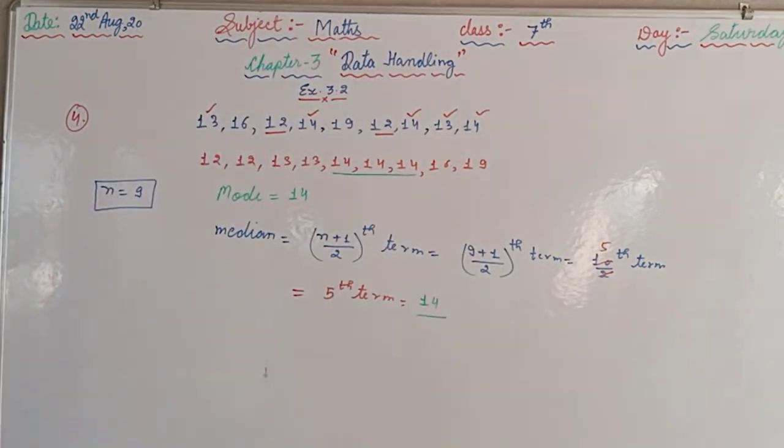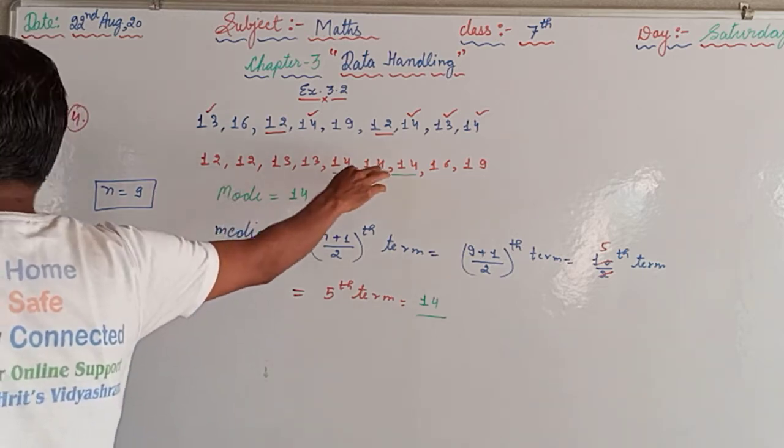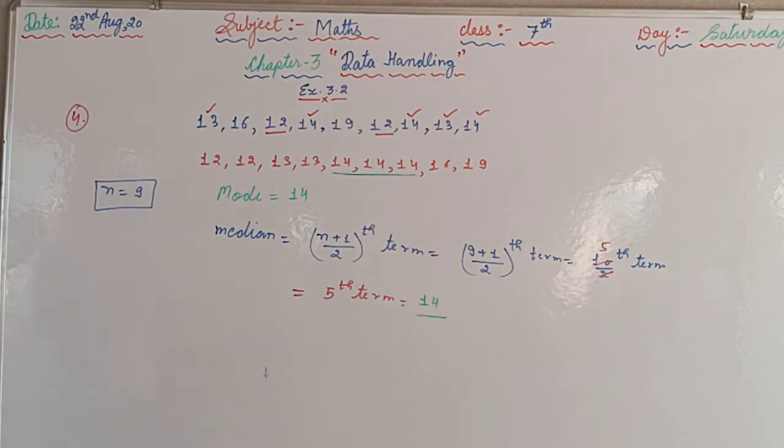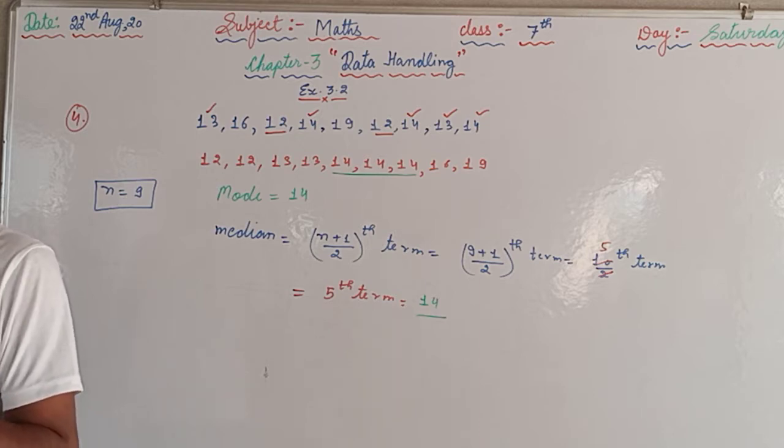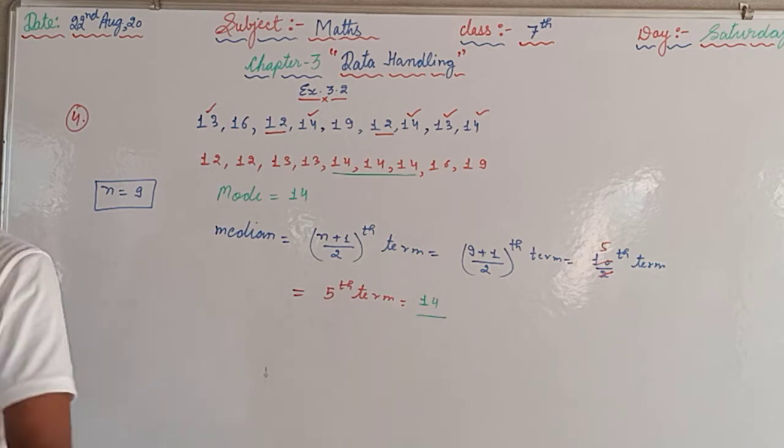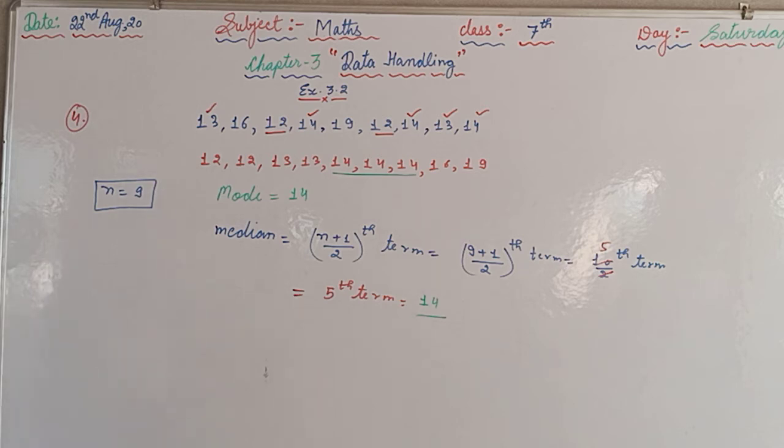So first one is, the mode is always one of the numbers in a data. Yes, that is true. You can see here the mode is 14 and 14 is one of the observations. Next one, the mean is one of the numbers in a data. It is not sure. It can be there or it cannot be there. Mean or average can be different. We cannot say that it is 100% from the observation. That's why it is false.